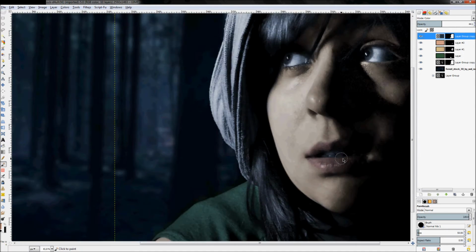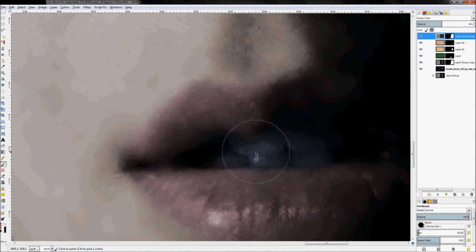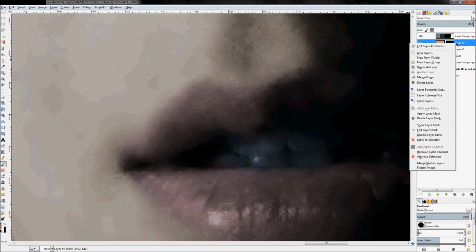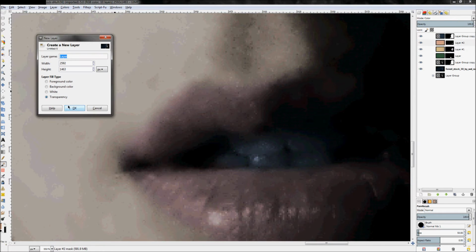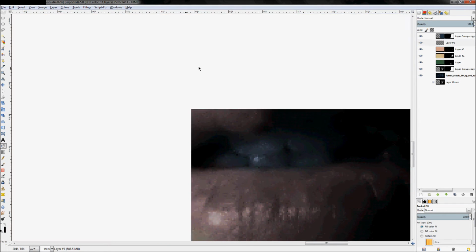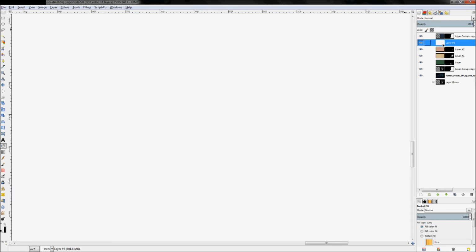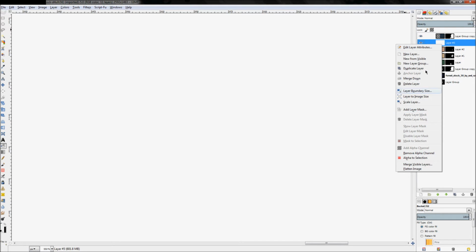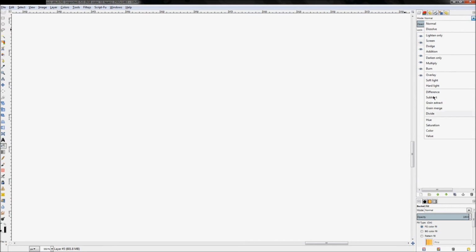So now let's go ahead and, before we do the eyes, let's whiten up these teeth a bit. Just right click, create another new layer, hit OK, reset your colors, click on your bucket fill tool and fill it in with the color white. Set the layer mode to overlay,